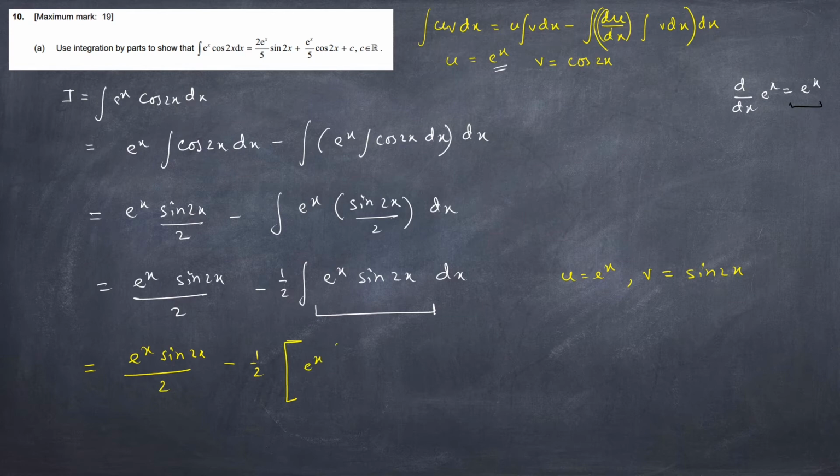So e to the power x integration sine 2x dx minus integration. Now again du dx is equal to e to the power x. So e to the power x, then in the first bracket, e to the power x integration sine 2x dx, whole integration dx. So this will be the new integration by parts that we need to implement. Please see the next slide to understand this, and we will try to figure out the answer.